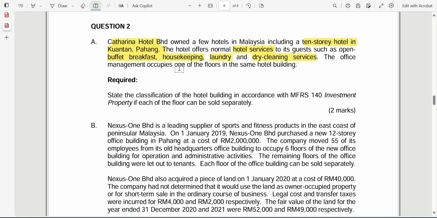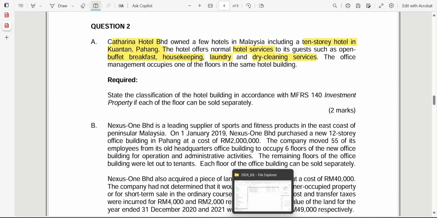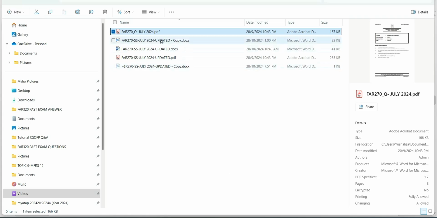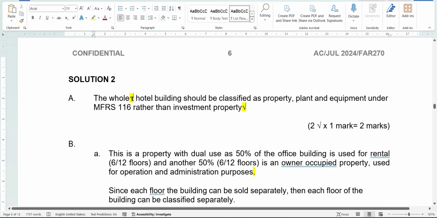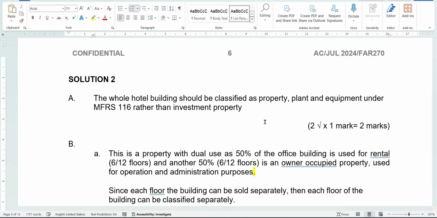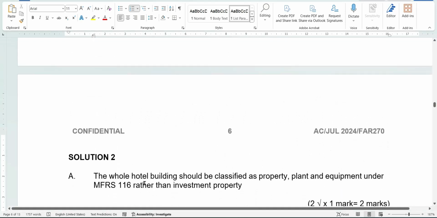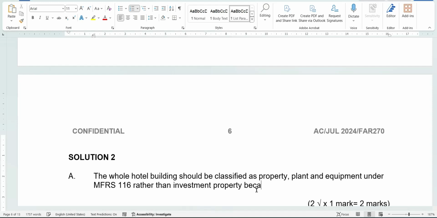So the whole building here shall be recognized as owner occupied property. The reason is because you can see that the ancillary services provided here are all very significant. So let us look at the answer now. If you go to the answer part, you can see that the whole hotel should be classified as property, plant and equipment under MFRS 116 rather than IP. The reason is because the